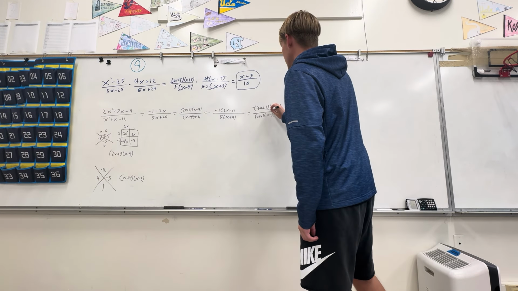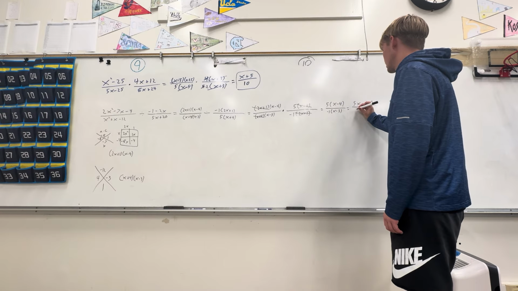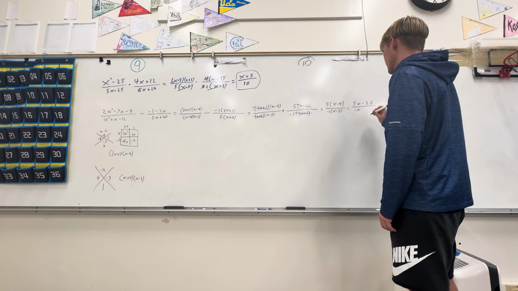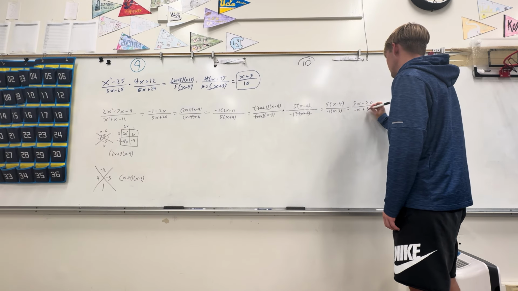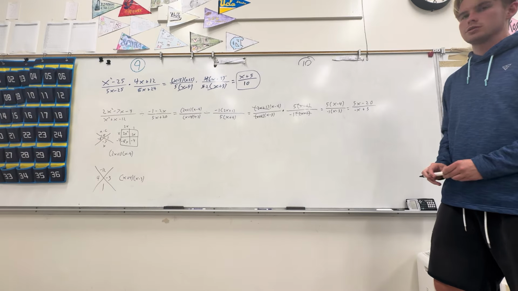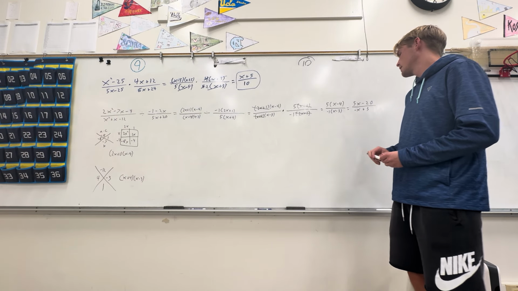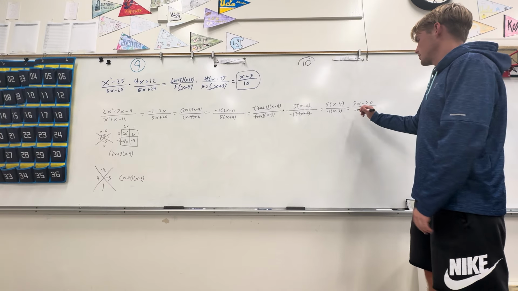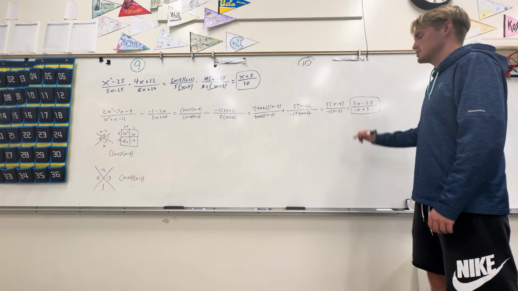From here, there's multiple ways you could rewrite this. You could distribute. I don't care. If you just want to leave it like this, that's fine with me. I'm not going to take points off. I am going to distribute these. So distribute to 5, distribute to negative 1. This just becomes 5x minus 20 over negative x plus 3. Or you could write that as 3 minus x. And now, this I would say is your